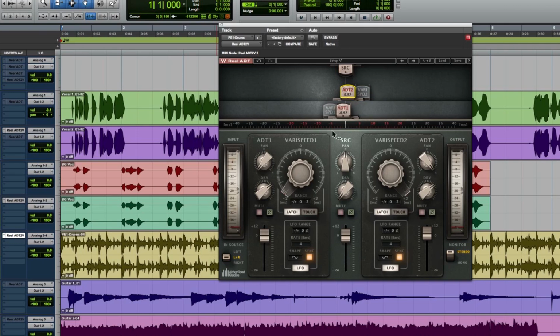If you wanted to get more of a type of effect like a traditional flanging effect, where you literally put your thumb on the reel and get that flanging, then that would be most easily done by automating one of the ADT heads or both of them together so that they kind of sweep in delay time starting from 0 towards later, and then that would create the variation that would give you that sweeping effect. But the ability to sync this makes it really cool,